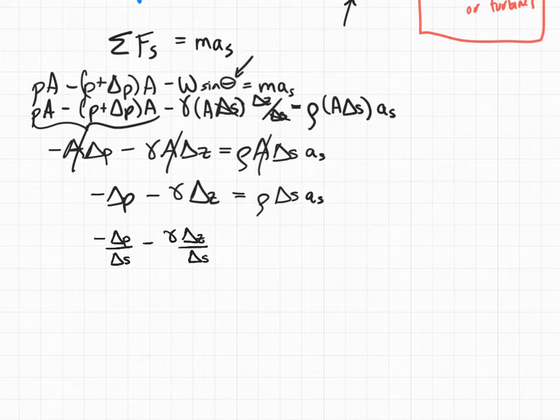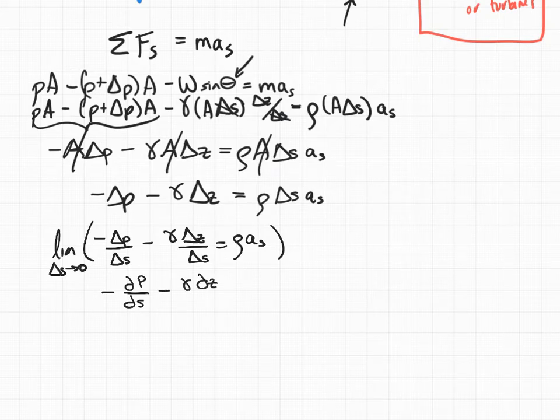Notice those are looking a lot like derivatives, equals rho AS. What I'm going to do is take the limit of this as delta S goes to 0, because I want this in derivative form. And I'm going to get negative dp ds minus gamma dz ds